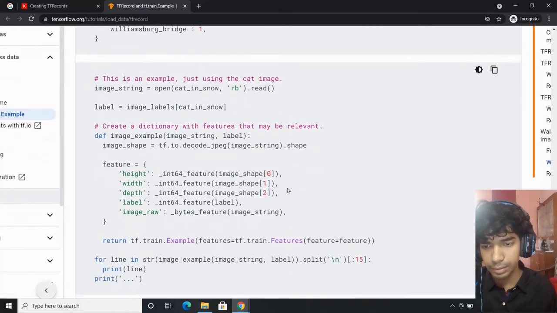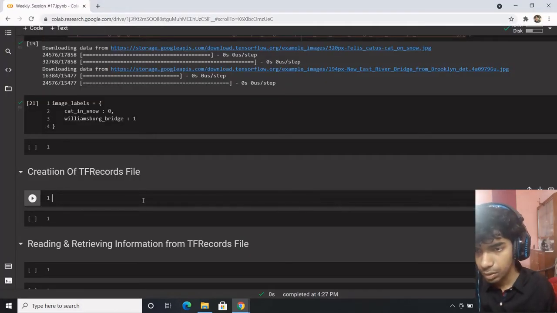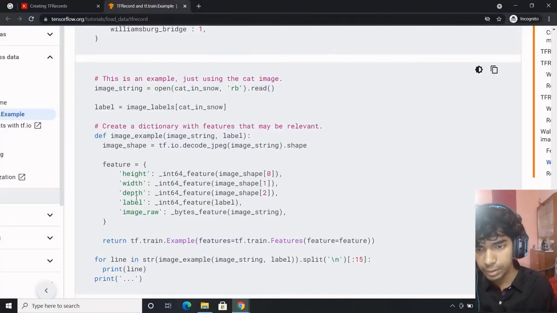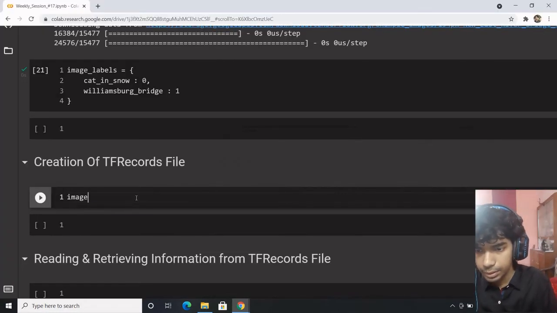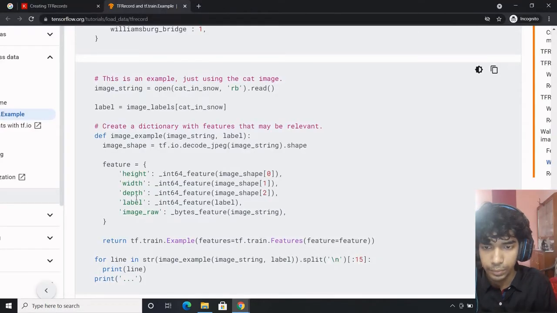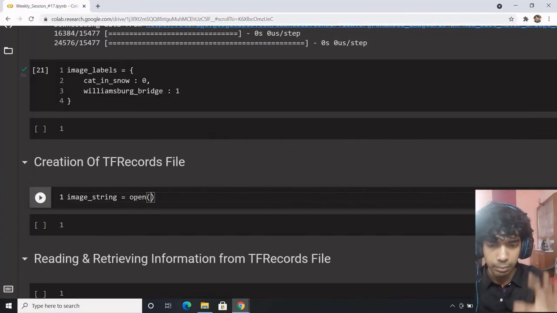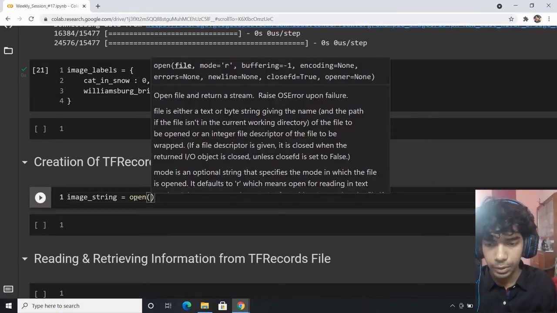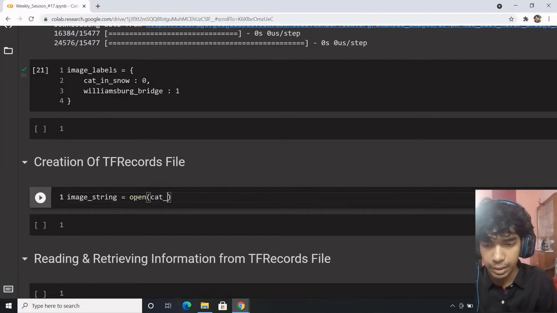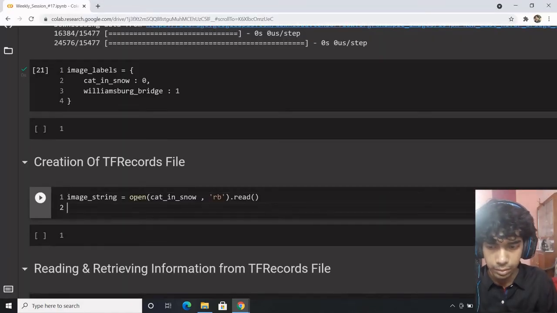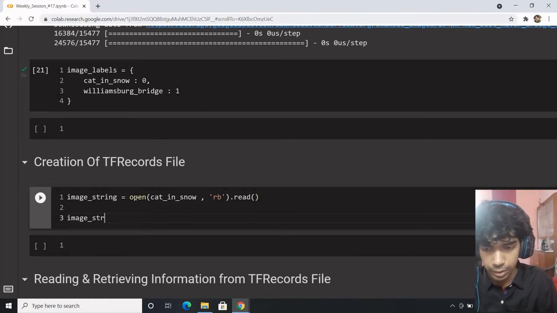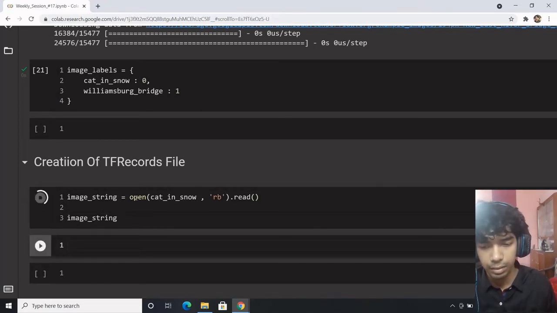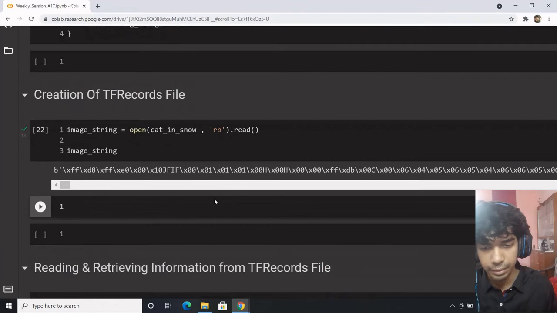So let's get started. Let's try to implement. So this is what it is. Image string would be equal to, so we'll try to read the image in binary format, cat in snow read binary dot read. So what we have over here, image string, is complete binary data.